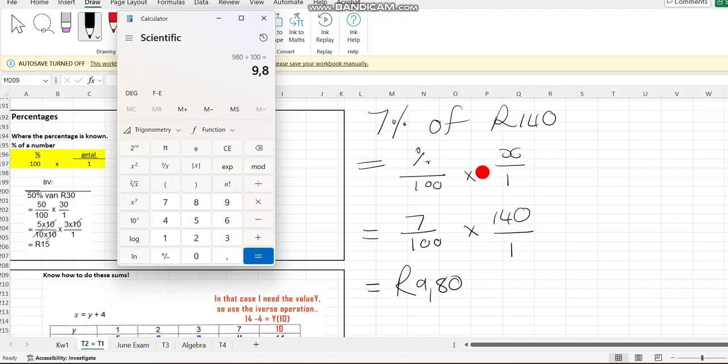So just remember, what you're going to write down will depend on what they ask you. They ask you for money, or for people, or for the apples, the pears, the cars. It would depend. Well, that's now 9.80. But if they, for example, say,